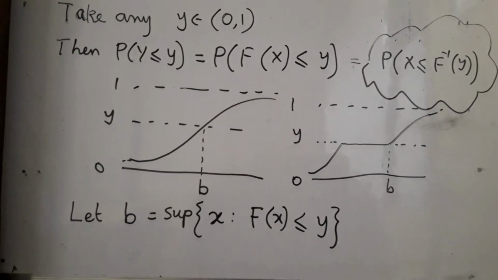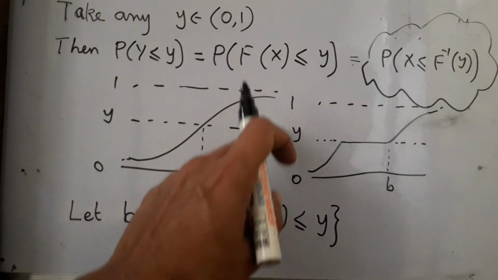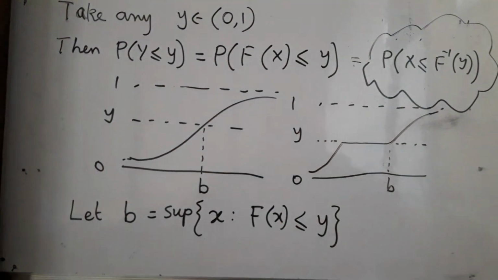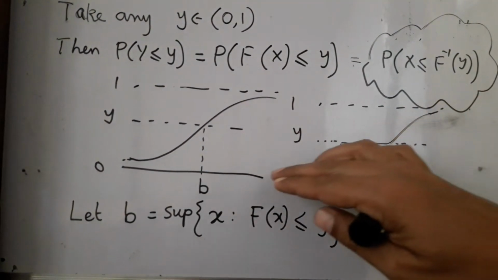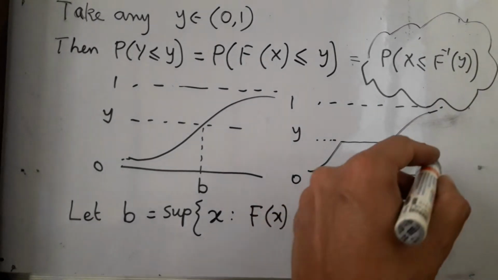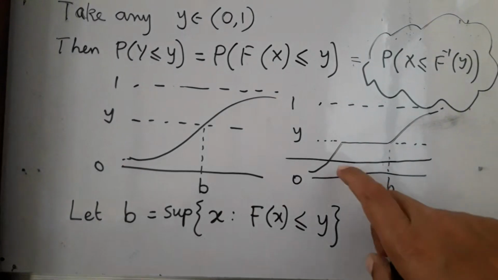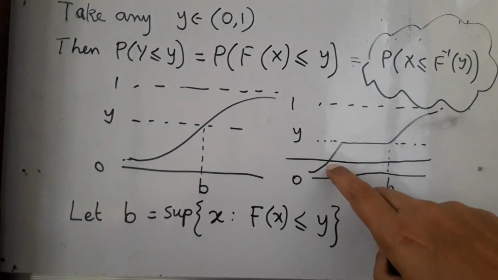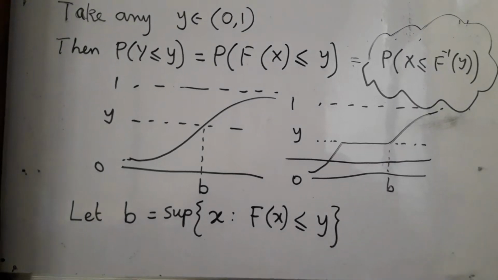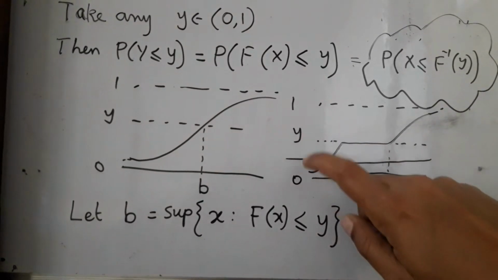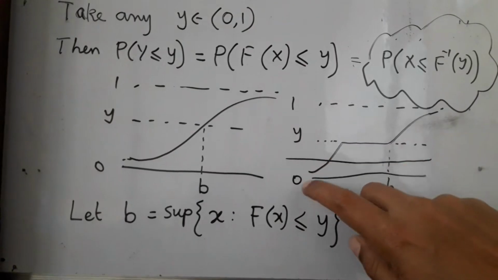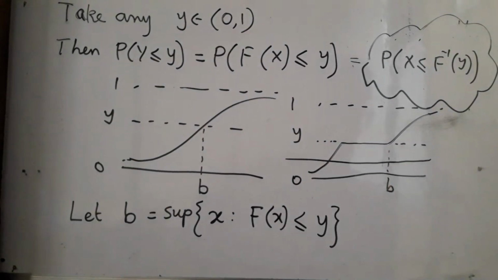That it is non-empty is obvious because I took y strictly between 0 and 1, and I know it's a continuous function going all the way to 0. So you just pick something less than y and between 0, it is bound to cross that. So at least that point is definitely inside your set. You see why I chose y to be strictly greater than 0? This is precisely the reason why I did that.